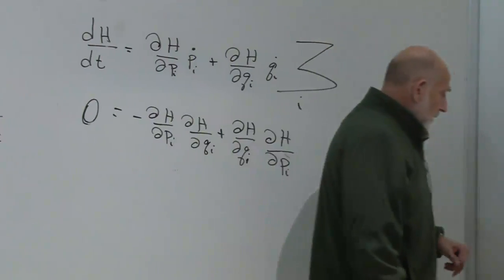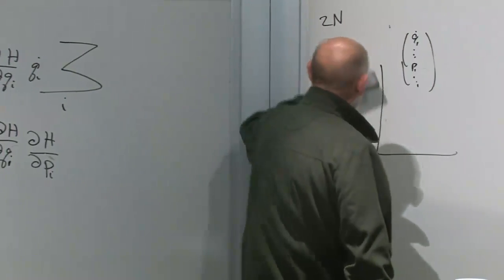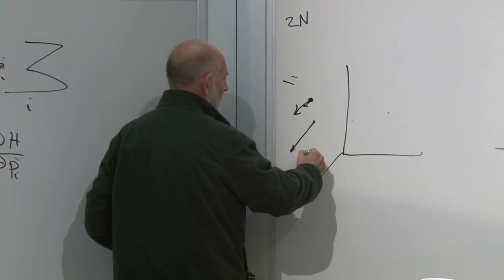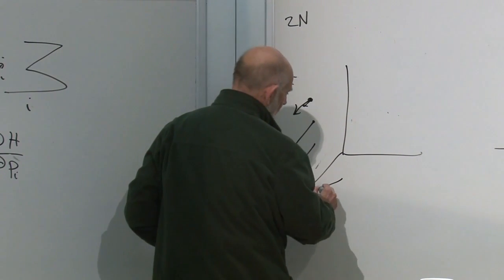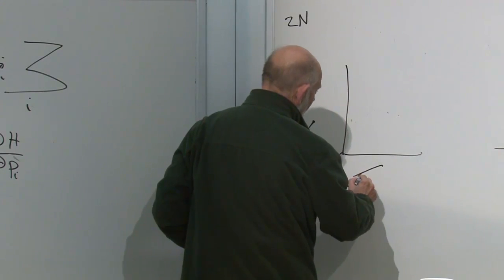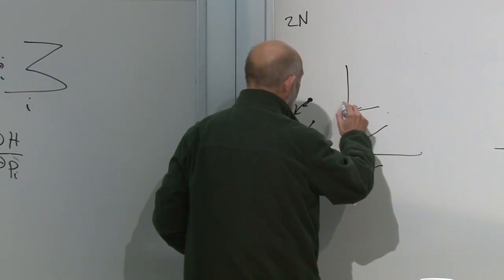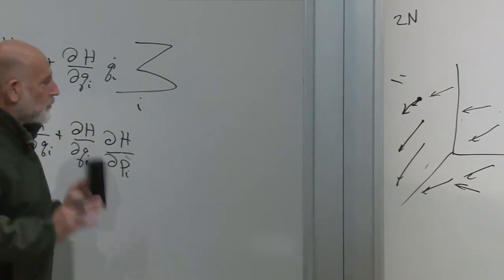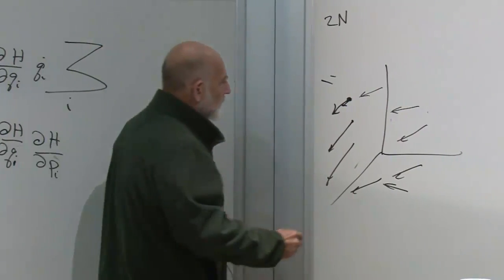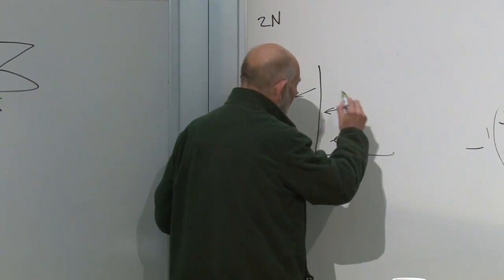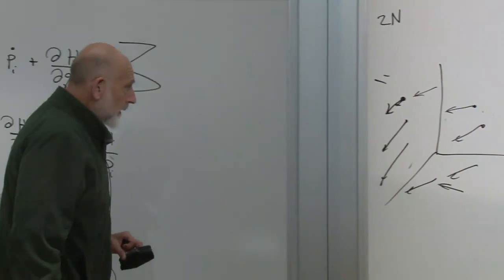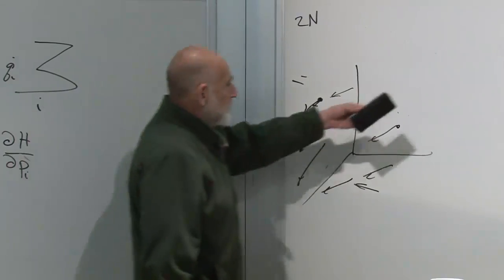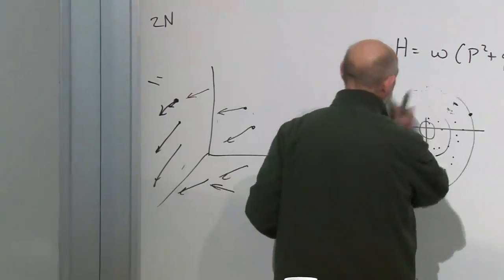All right, so that means that we can take this space and fill it up with a vector field. A vector field just means a vector at every position. At every position in Q and P space, in phase space, we draw a vector which is just the velocity of the phase point if it's at that point. Kind of an ugly drawing I made, isn't it? Well, okay. Let's draw it for this system over here.